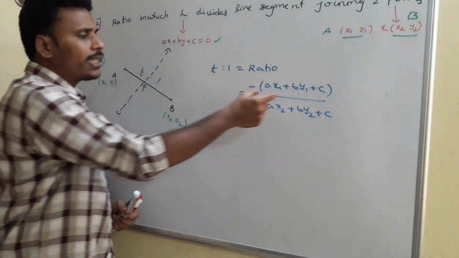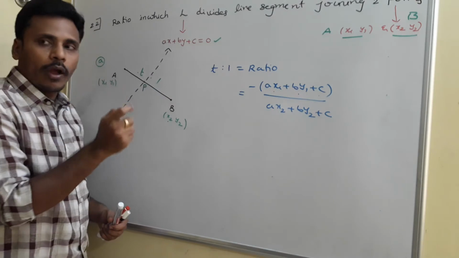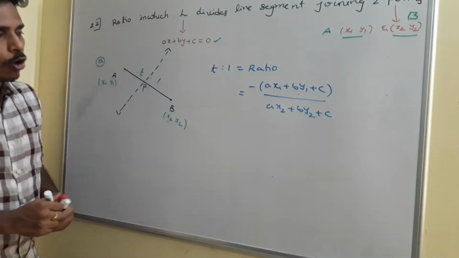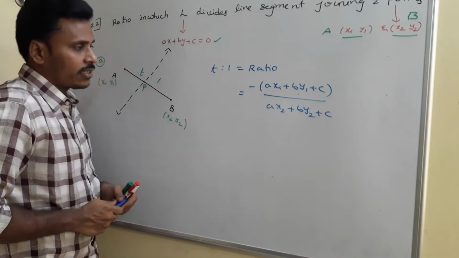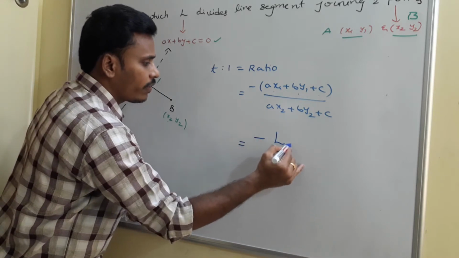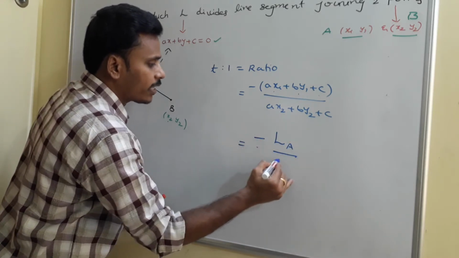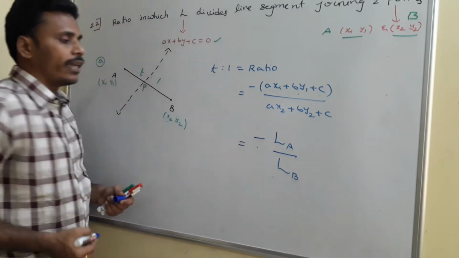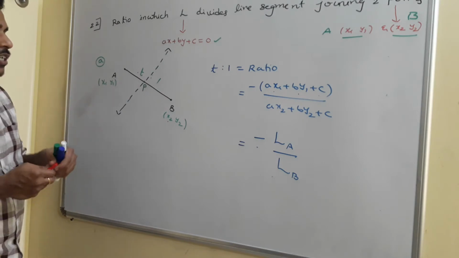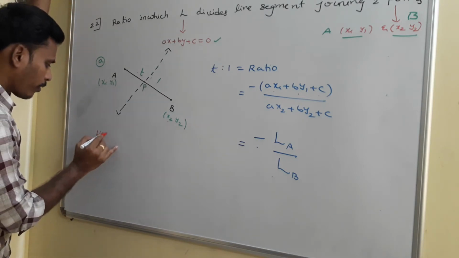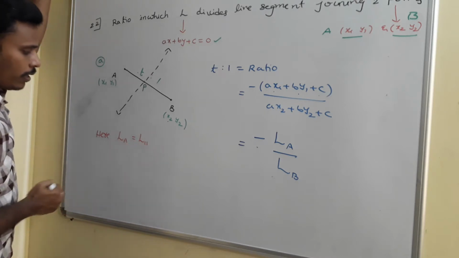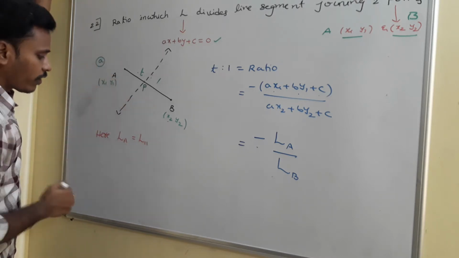Right? So ultimately this is a number actually, because x1, y1 is a point, and the numerical values a, b, c are also constants, so that numerator and denominator is a number, and I indicate it like this. You obtain the numerator by replacing the point A in the L, then we say that this is minus of LA divided by LB. What is LA? That's what you need to note here. Here I am mentioning LA, or sometimes I will write it like L11, in the sense x1, y1 replacing the first point.